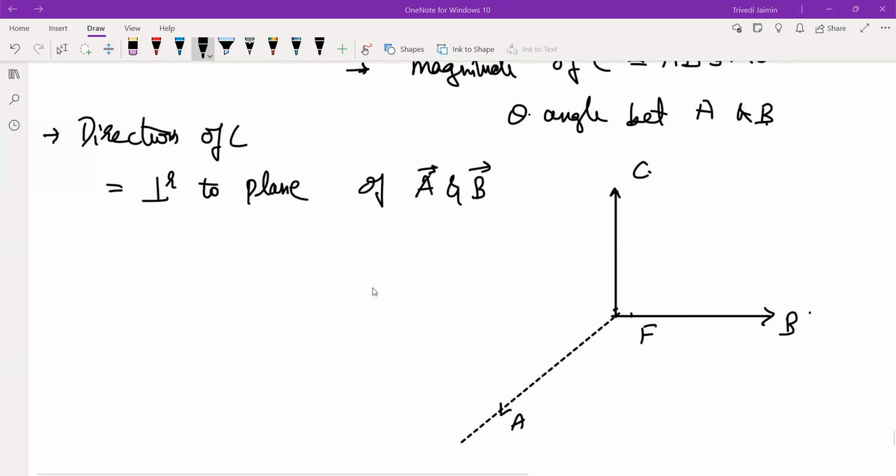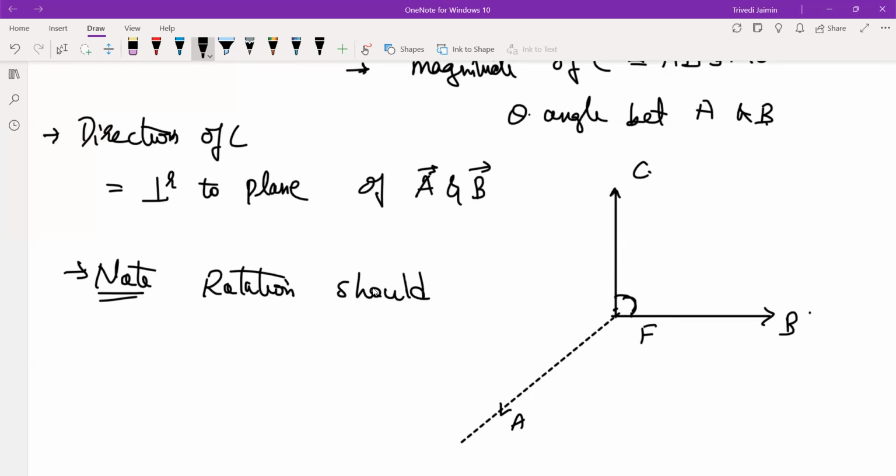But the condition is that, see, rotation means our fingers are curling this way. That means we will measure the angle from this direction. Let me write that in a note so that if you see it later, you'll be able to understand. Rotation should be taken on this side, right? So there is 180, it should be taken through